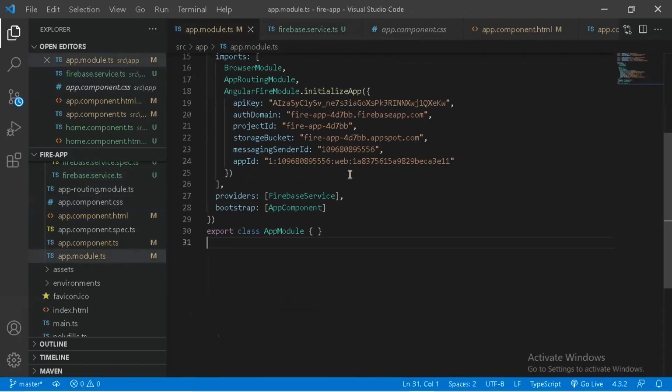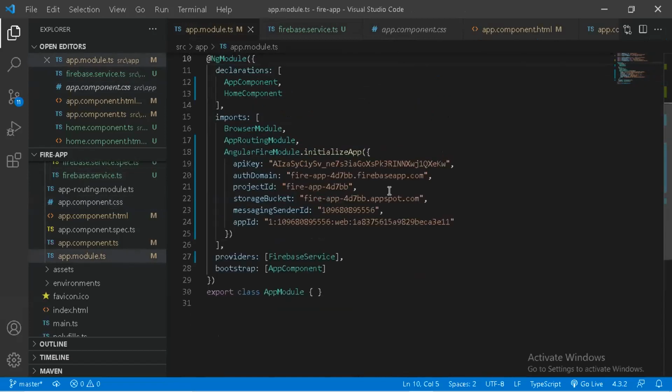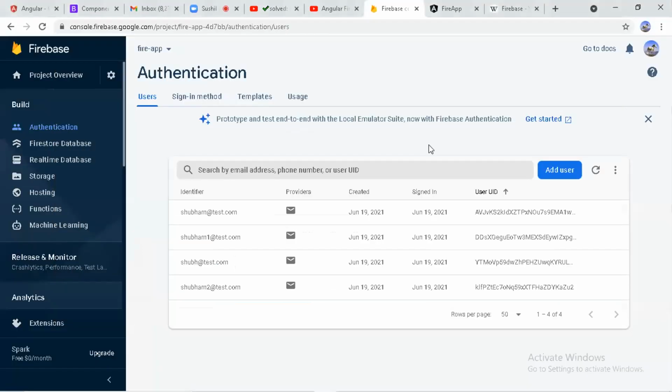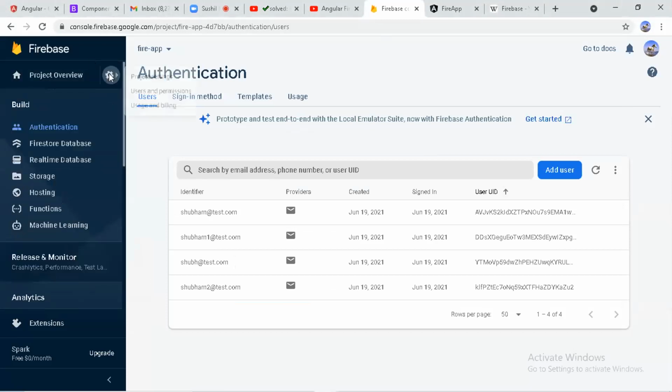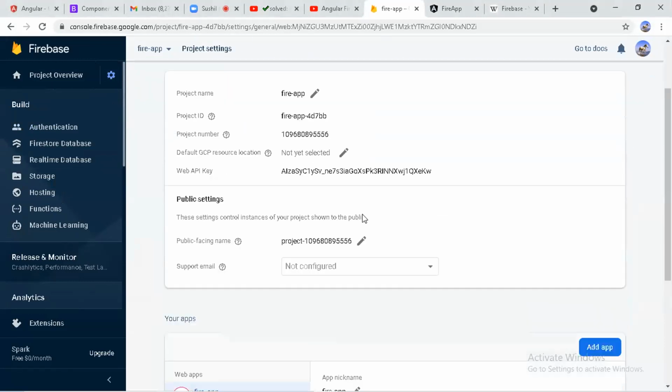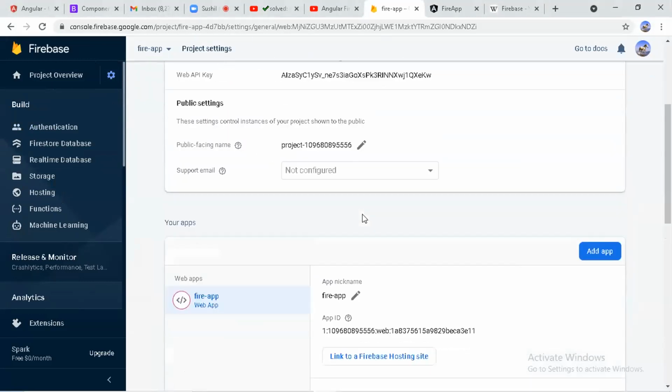To initialize and connect Firebase with our Angular app, we first have this app.module.ts, that is a TypeScript file, and we have to go to Firebase. Here is my Fire app, which is my Angular app project name.